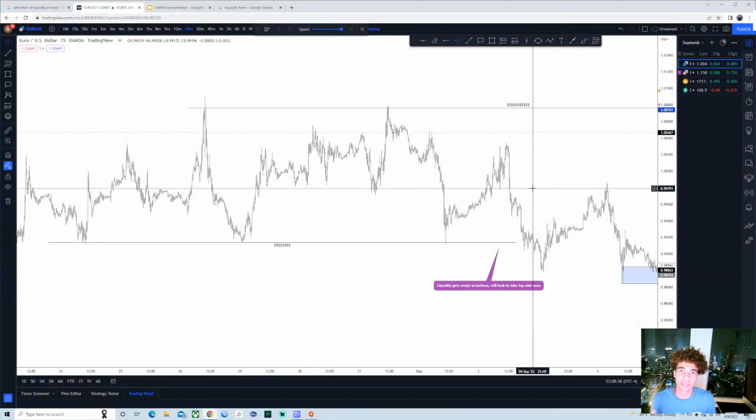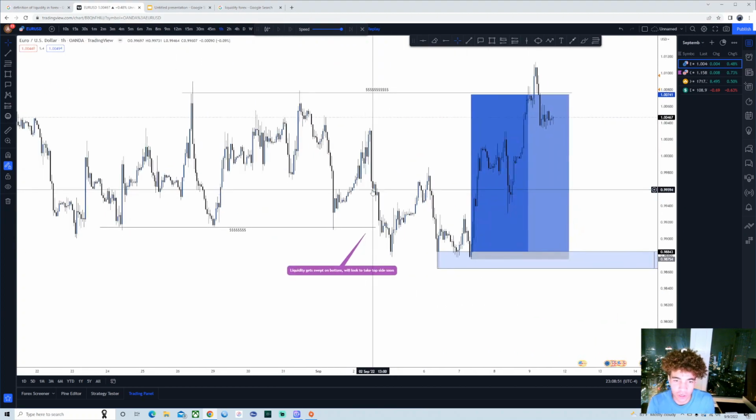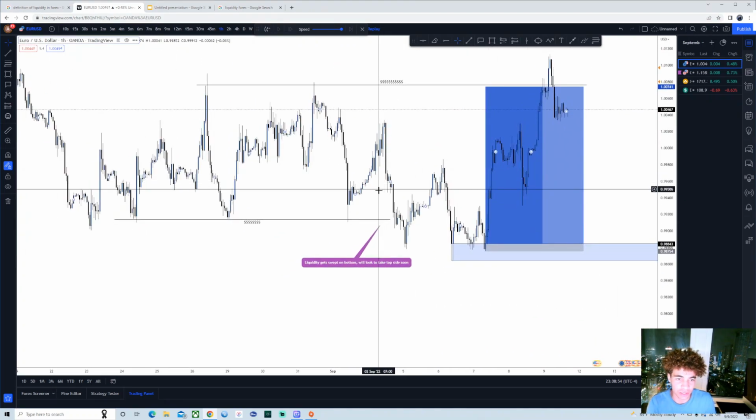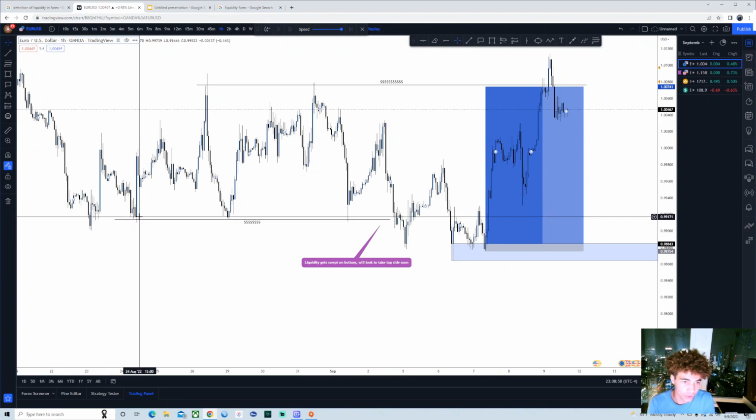Today, I'm going to be showing you guys exactly how I identify liquidity in the market and use it to my advantage, to see exactly where the market's going to move and help myself maximize as much profit as I can. As you guys can see, I've already done a little markup on the screen here, and I want you to look at this and see that I'm doing nothing more than identifying liquidity in the market